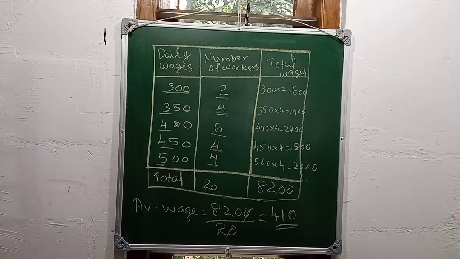So, keep in mind this idea: the average of any set of numbers between two fixed numbers is also between these two numbers. If the numbers lie in between two fixed numbers, then the average will also lie in between those two fixed numbers. Okay, now we are going to do the first exercise of this chapter.